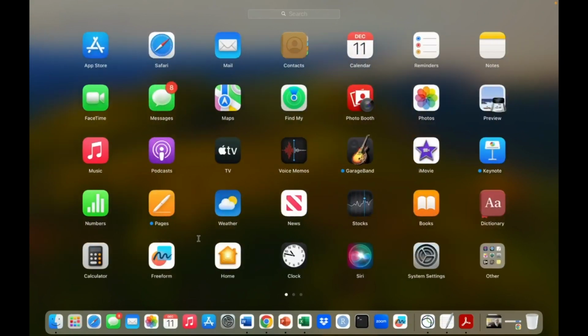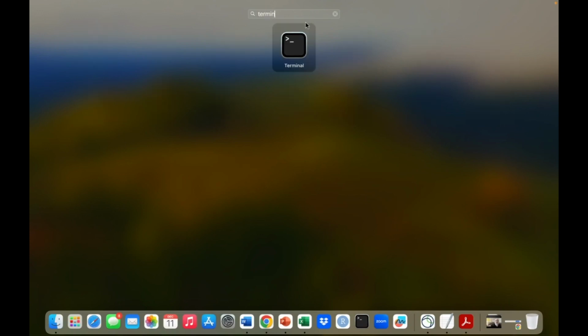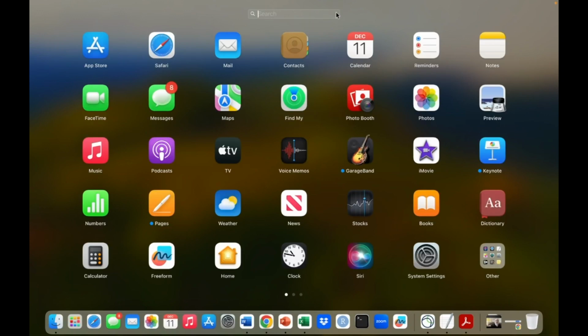Let's see. Where is it? I'm not seeing it in the Launchpad, so you could actually search for it. So again, if you're on a Mac, you would search for Terminal. There you go, and you'd select Terminal. If you're on a PC,